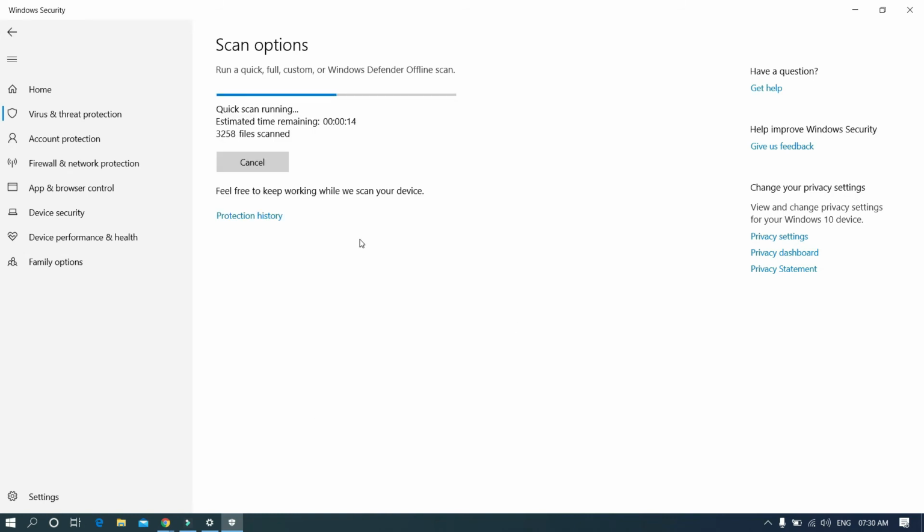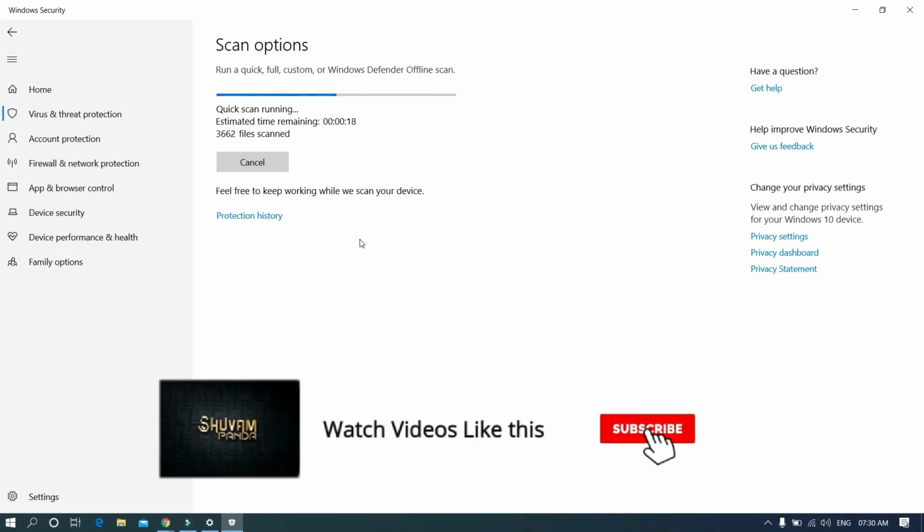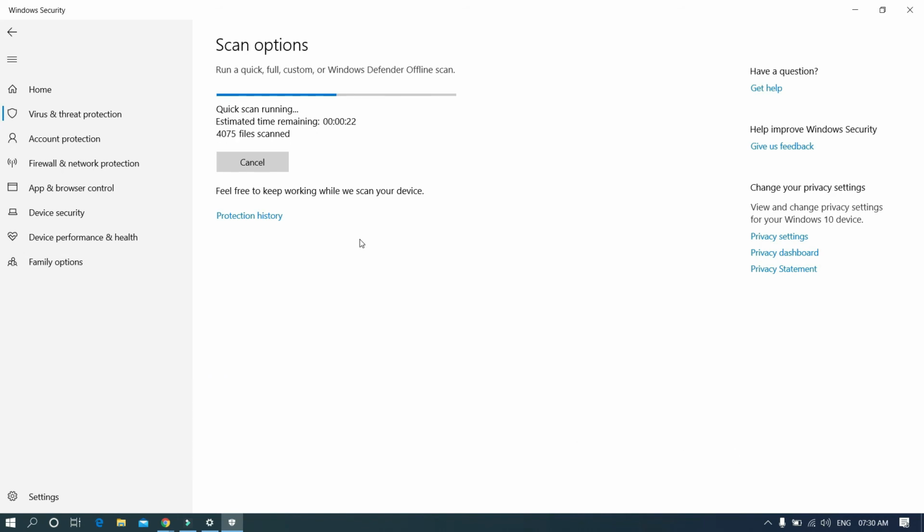The point of an offline scan is that your PC does not need to be fully booted into Windows. If there is a problem with a system file or a file that cannot be quarantined or deleted while the system is running, it can do so in offline mode itself. So for that, it's offline scan. You can also run a full scan which will check every file on the device as well. However, this will take quite a long time depending on the speed of the machine.